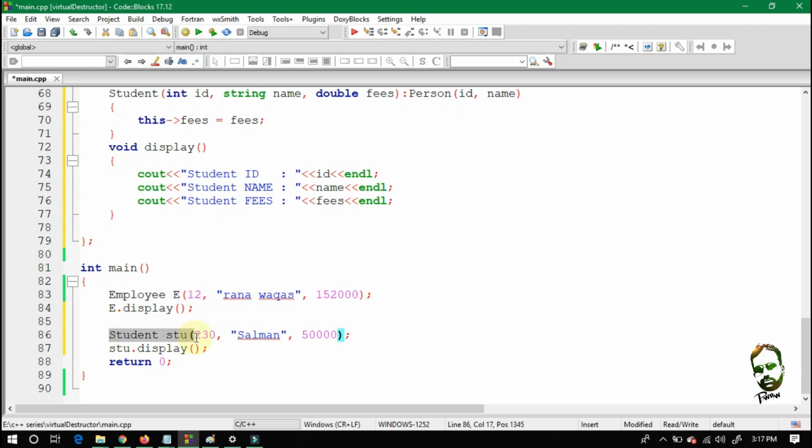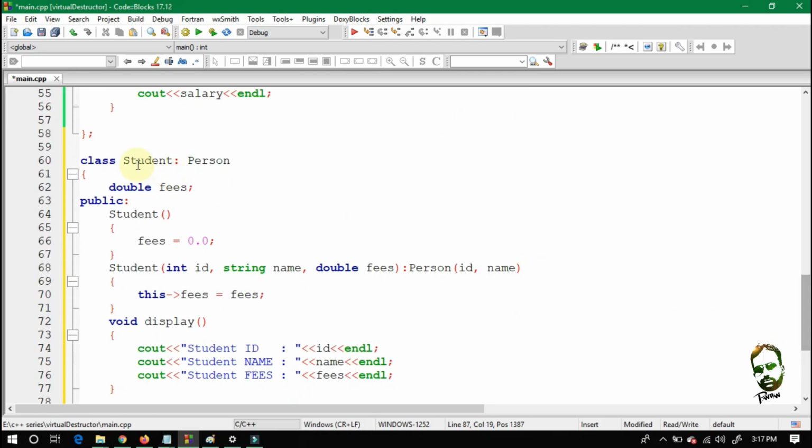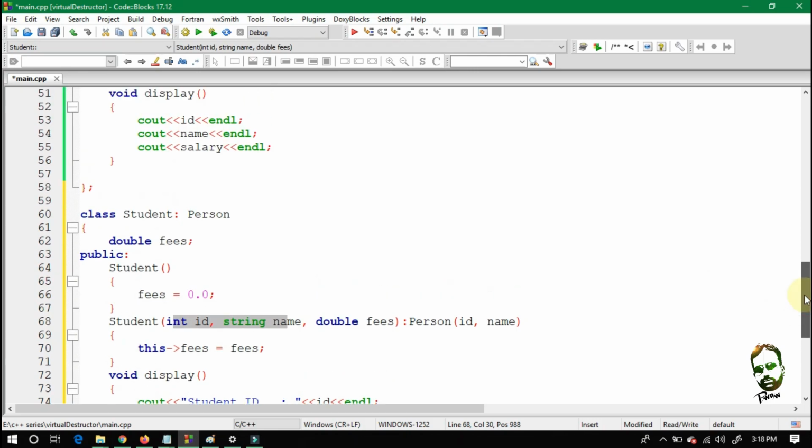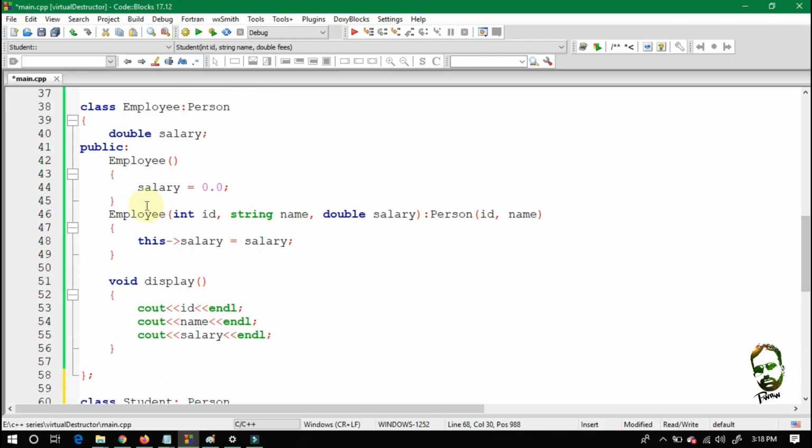So employee dot display will display the information of the employee, and the student display method will display the information of the student. When you are calling the overloaded constructor of student, basically you are passing three arguments. Two arguments are going into the parent class, which are id and name.